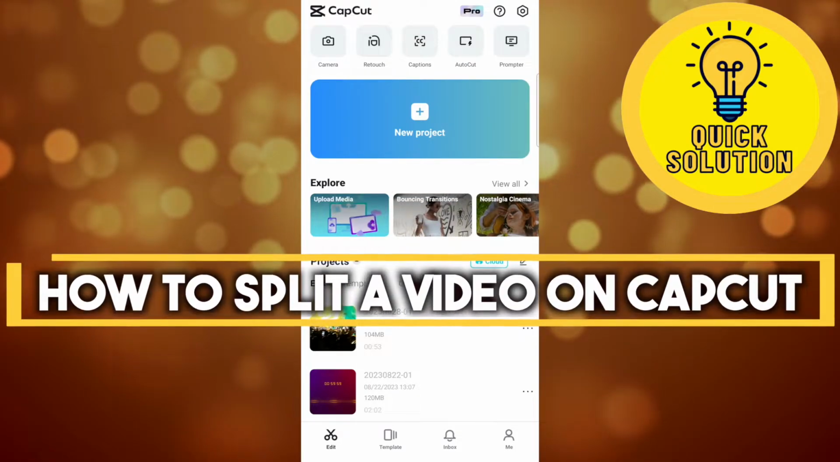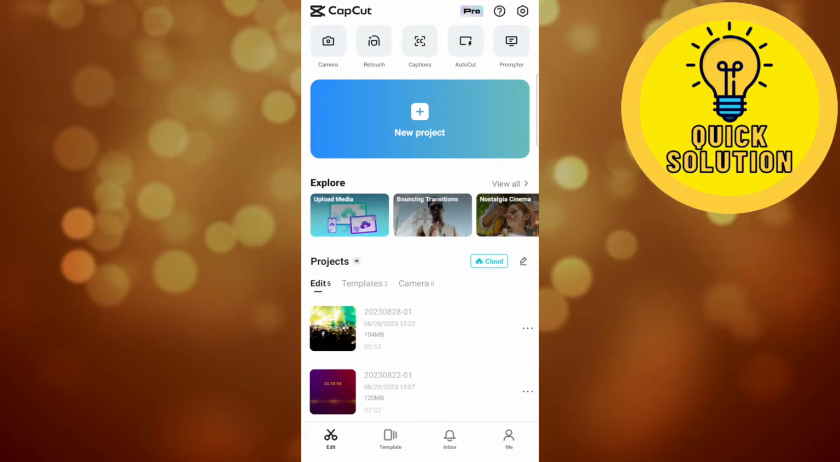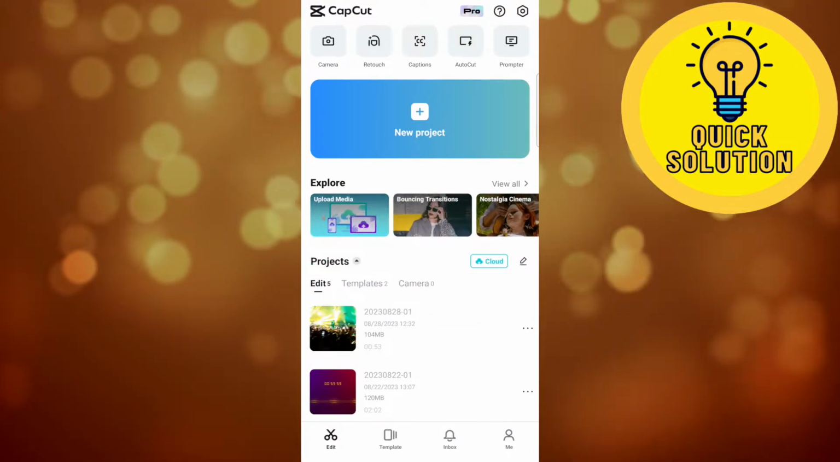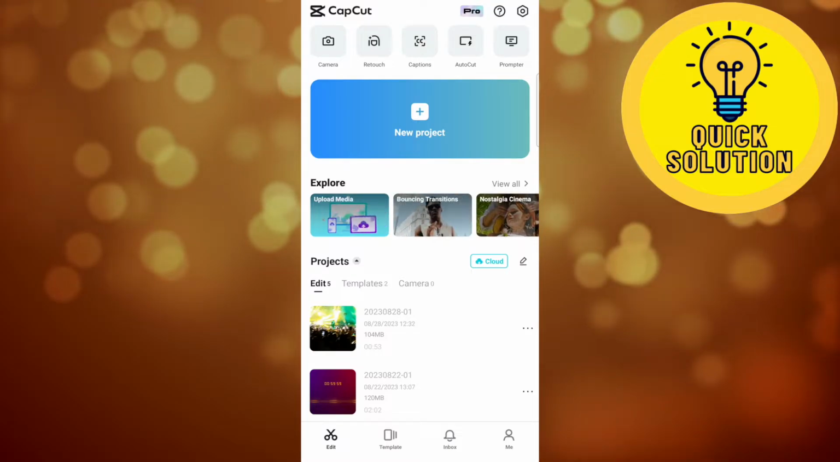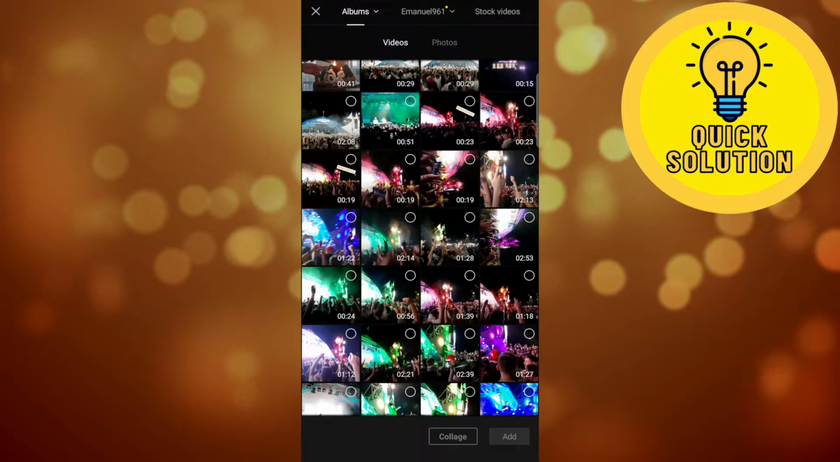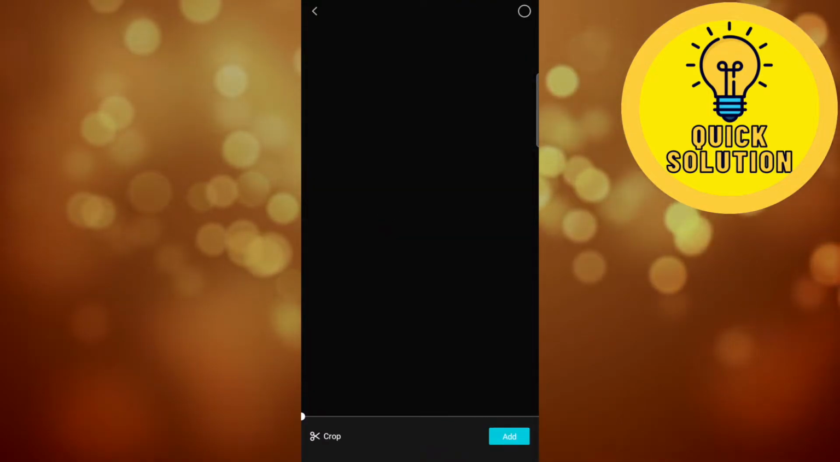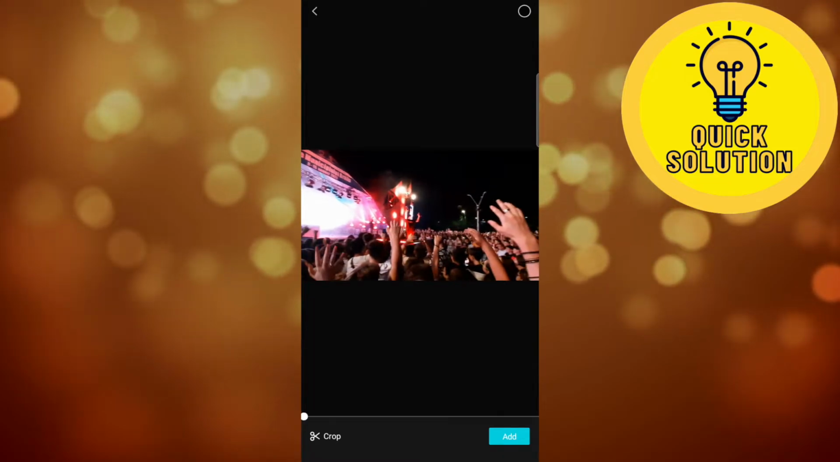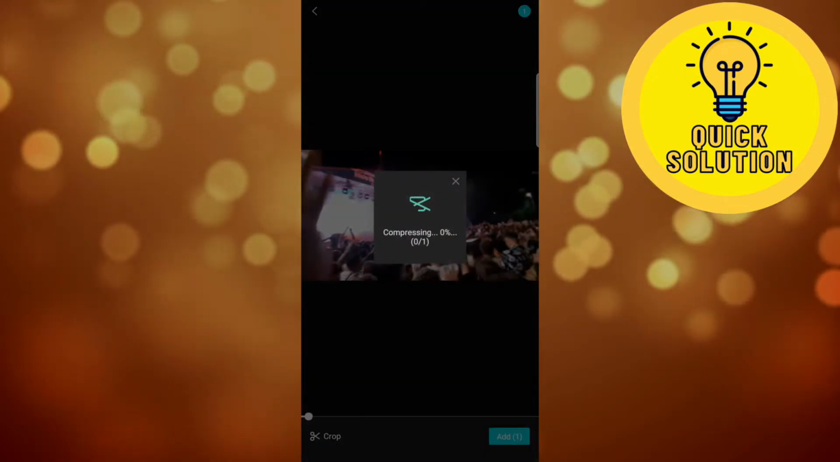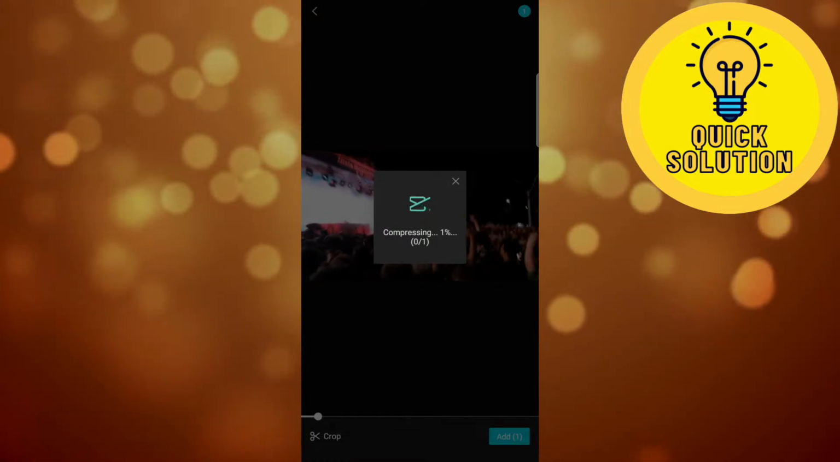In this video I'm going to show you how to split a video in CapCut. So in order to do that, I'm going to select this new project button right here, and I'm going to select the video that I want to use for this tutorial. Okay, so now I am in my phone gallery right here, and let's say I want to use this video in order to split that, and I'm going to add the video to my project in CapCut, and